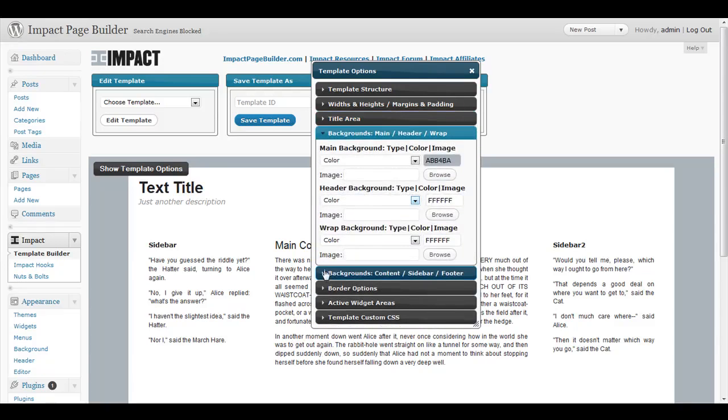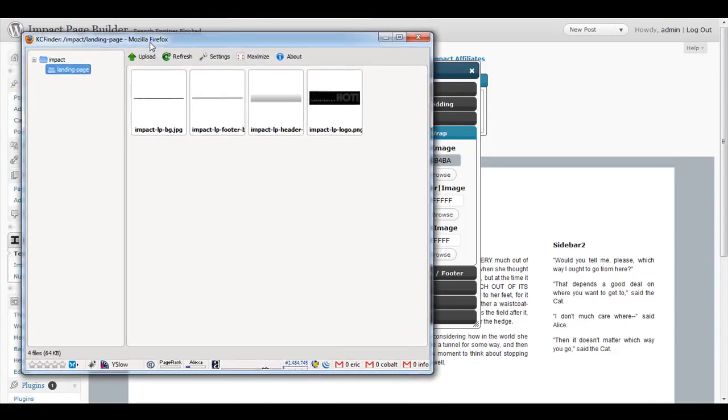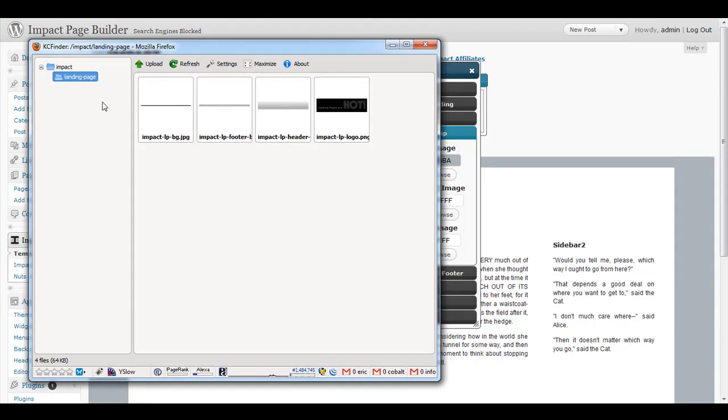Okay, so then if you go through the other options, the next one would be the backgrounds. This is another big feature we added. Before, you actually had the built-in WordPress media manager to use. We basically connected with that, so you would use that to upload your images. But we found that to be limiting, especially when we started looking at adding the import-export feature, because we wanted to be able to control images, and it was much harder to do when we were trying to use the WordPress Media Manager. So now if you click Browse, you'll actually see there's this full-blown file uploader that's built into